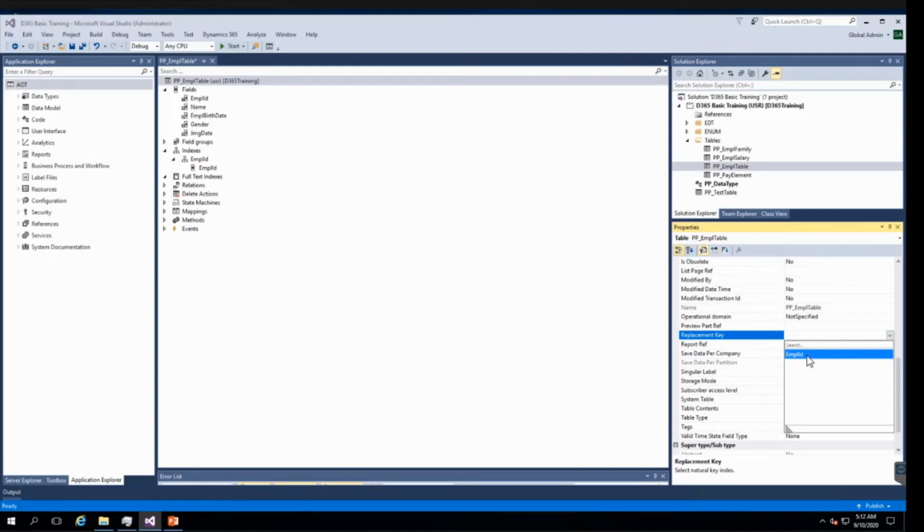So one more key, we can add as a replacement key. Only one we can do here. The drop down list contains every index that has its alternate key property set to yes. So this is about EMPL ID as a replacement key. I am removing it because I have already used it as a primary index.